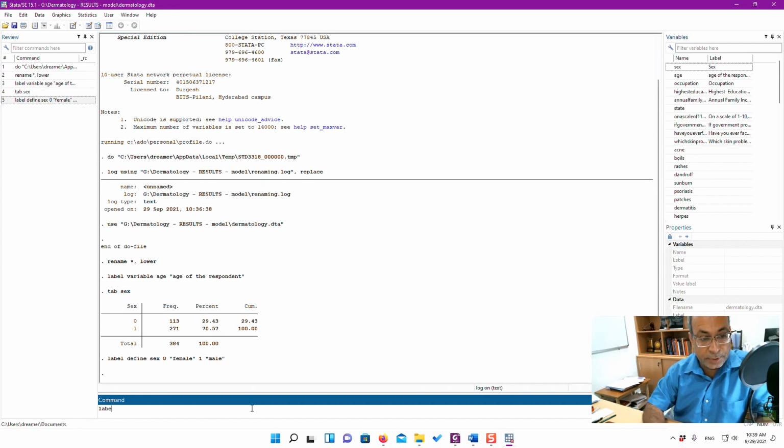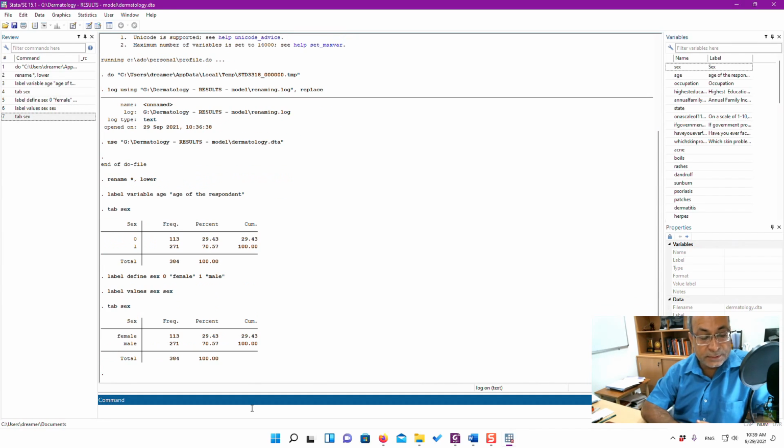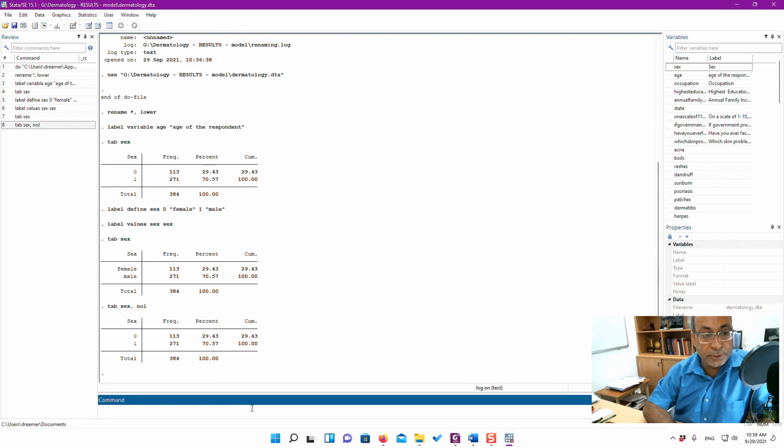Now we have just defined the value label, we have not assigned these value labels to that particular variable. So label values sex. So now you see that when you will be tabbing this, you are getting female and male rather than 0 and 1. Of course, when you want to see the actual values, you can simply type nolabel, and done.